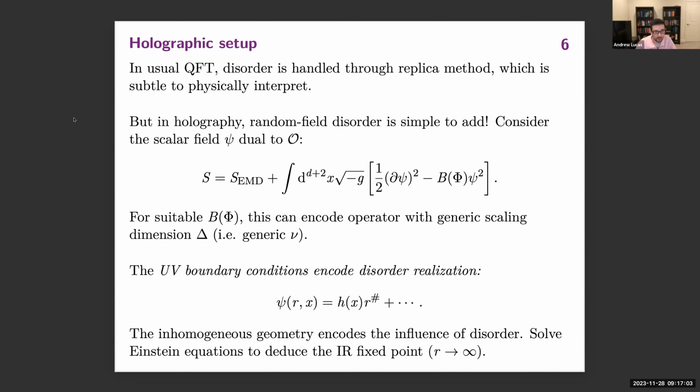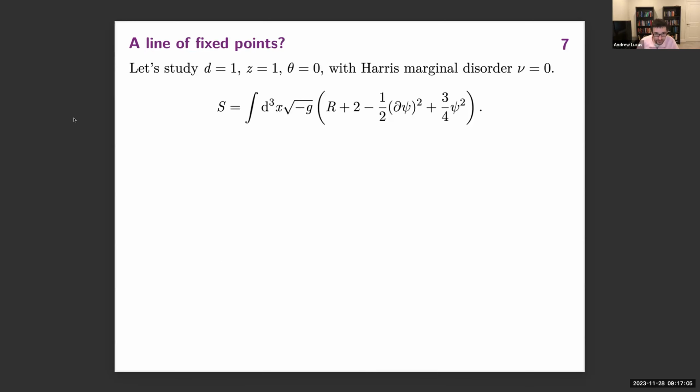Now, with that setup finished, let me describe what we thought the answer to this problem was, I think until a few years ago. For much of the talk now, I'm going to focus on the simplest example of this story, which captures many of the key features of the problem.